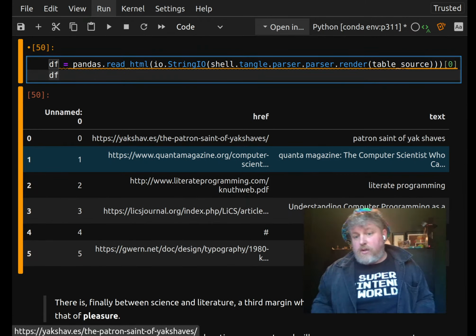Then we can say pandas dot read HTML. Actually, this is another way we can write it. We can say table source, and we're going to pipe that into pandas. This is a chaining method going forward. So we're going to do that, but we're going to IO string it first,